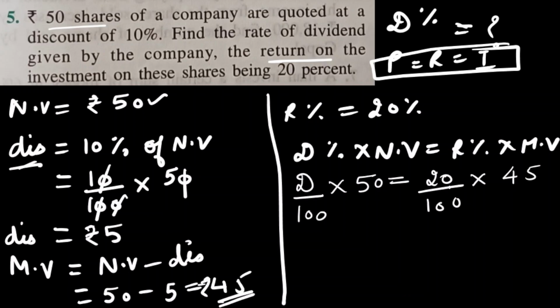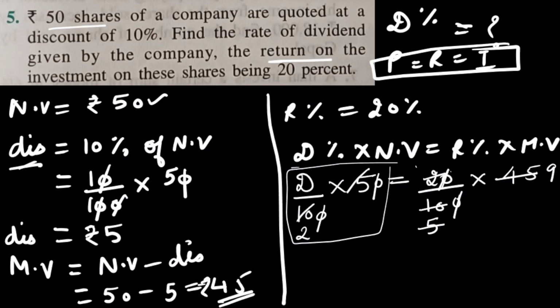So let's do cancellation. So here 1 zero and here 1 zero will get cancelled. This 2 into 1, 2 into 5 will get cancelled. Now 5 into 1, 5 into 9. Here also on this side 1 zero and 1 zero will get cancelled. 5 into 1, 5 into 2. So don't mix the calculation. When you are solving this type, do this side individually and that side individually, because equals to is there. So what I am left with now is D by 2 is equal to, here I have only 9.